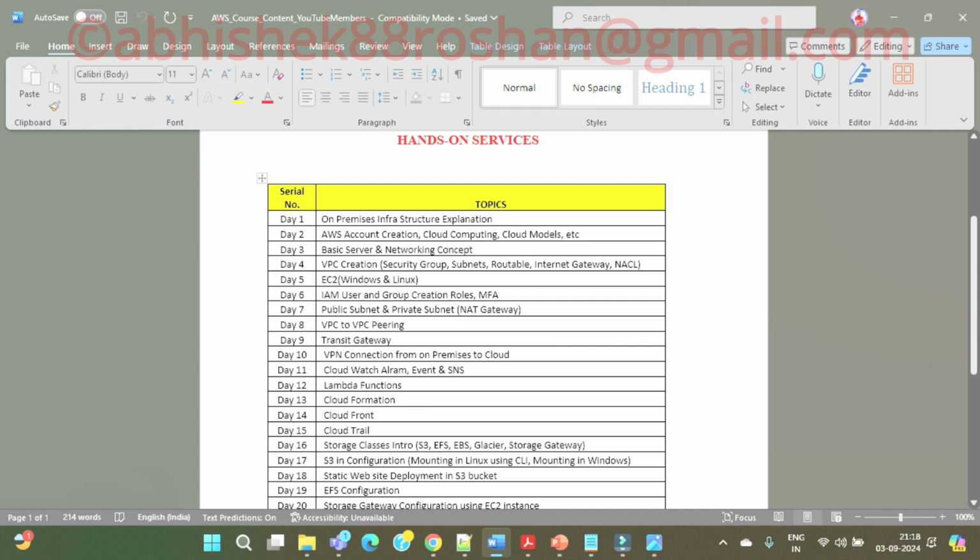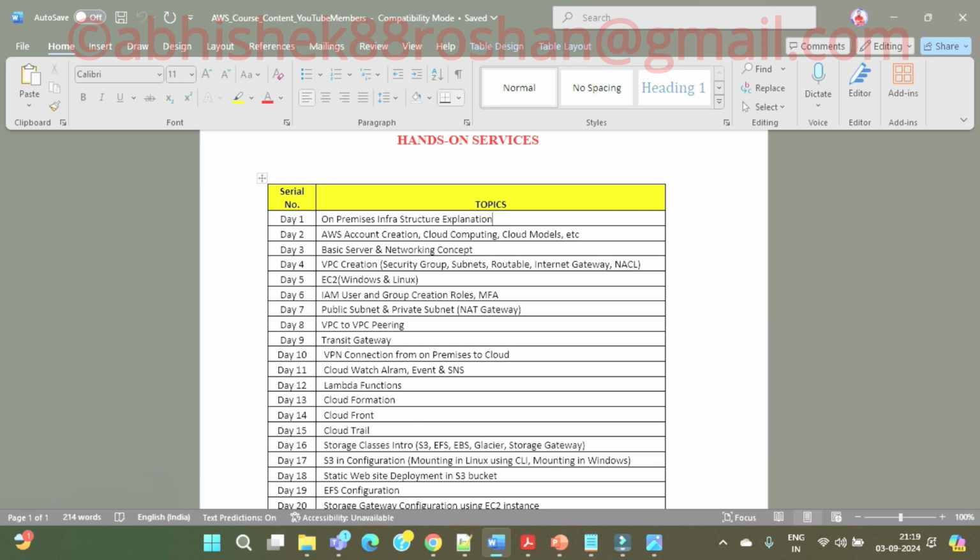We'll start with the on-premises infrastructure explanation. In this explanation, I'll tell you how it is different from your cloud infrastructure, and there are a total of 7 types of platform, right? The most common platforms we know as of now are traditional IT, infrastructure as a service, PaaS, and SaaS. But in DevOps, there are some other platforms which we know.